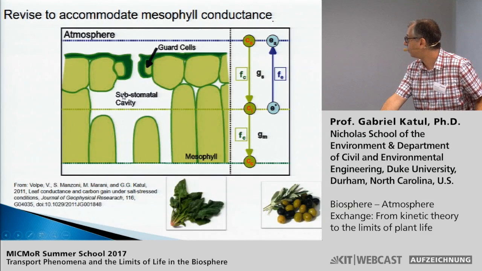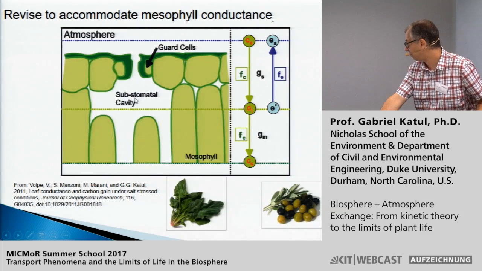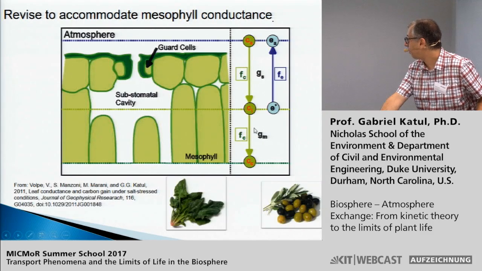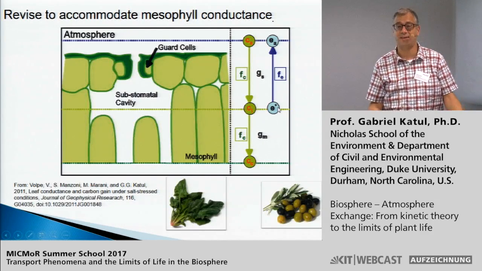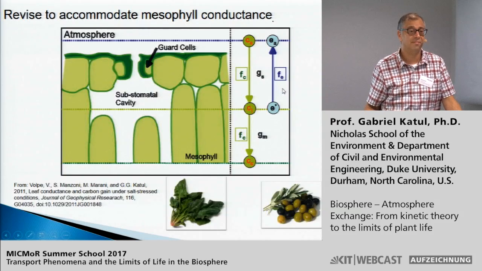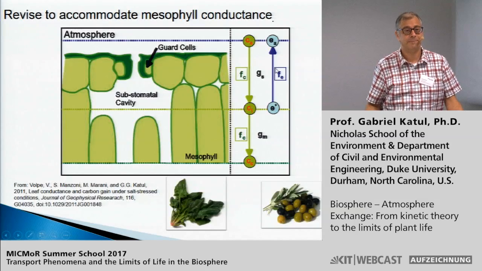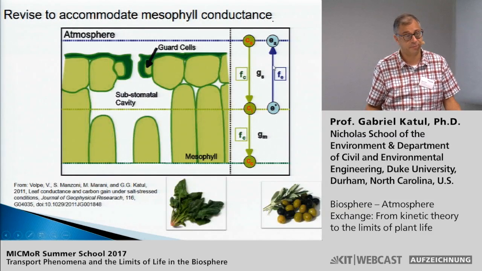Stomatal conductance, of course, is primarily driven by what is happening in the substomatal cavity and above it. However, photosynthesis actually does not happen in the substomatal cavity. It happens in the mesophyll. And so you typically can add another conductance that goes from the substomatal cavity into the mesophyll using the mesophyll conductance. Now, the problem is that mathematically you are adding another resistance, but you're not adding new equations to close it. So somehow, to close the problem mathematically, you need another expression for the mesophyll conductance.